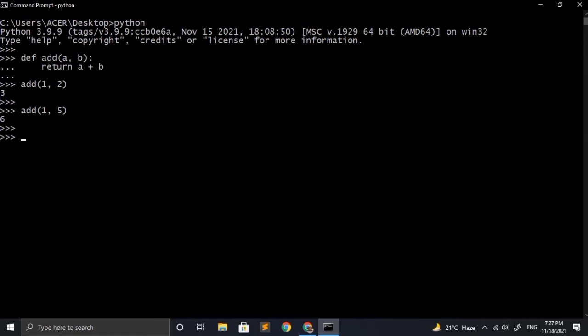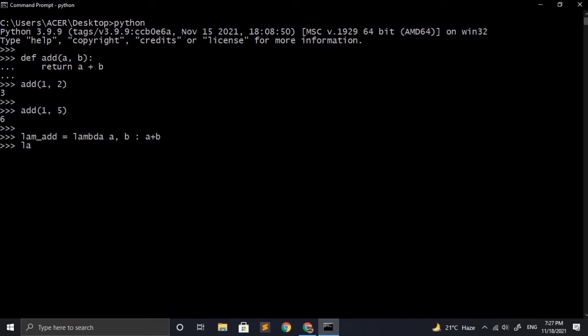Now let's try to make a lambda function, but before that we have to make a variable to store our lambda function because they are anonymous functions or unnamed functions. So now let's make a lambda function to add two numbers. First of all we have to write the lambda keyword, and after that we have to write the arguments. We are adding two numbers, so we need two arguments, a and b. The arguments should be separated by a comma, so I have written a comma b. After that we have to provide a colon. Then we just have to write the expression or the thing which it is going to perform. Here it is going to perform a very simple task of adding both the numbers. So for adding I have to write a plus b.